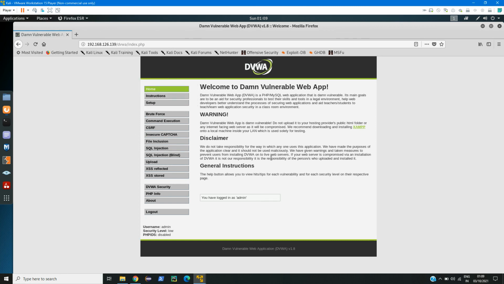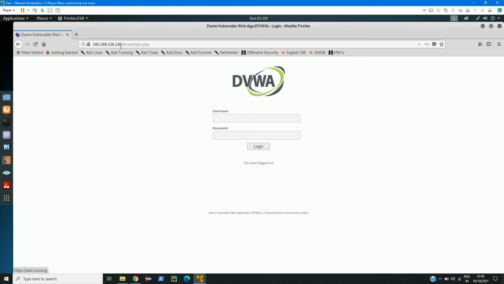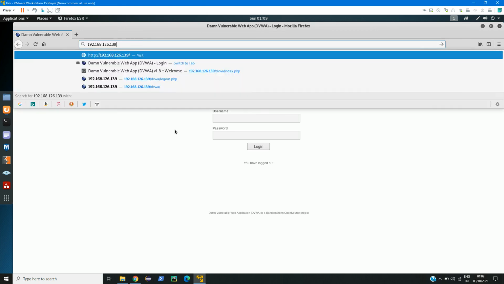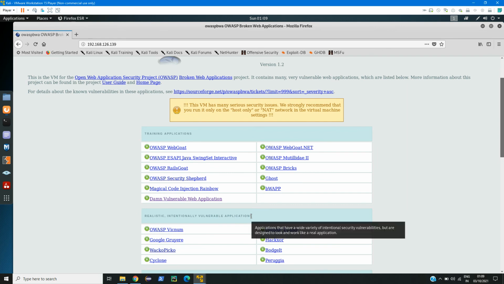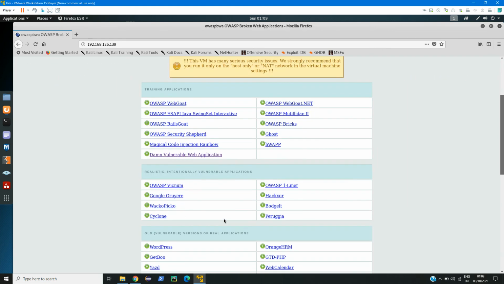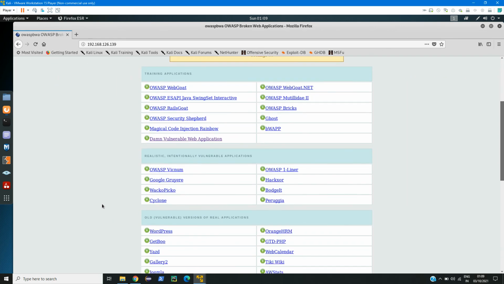This DVWA is the same as the one we learned in the previous videos, and it provides a lot more web applications that we can test for vulnerabilities. All these web applications are highly vulnerable, so it is recommended not to have it in our host machine or the main machine. That's why it is recommended to use it in a virtual machine.